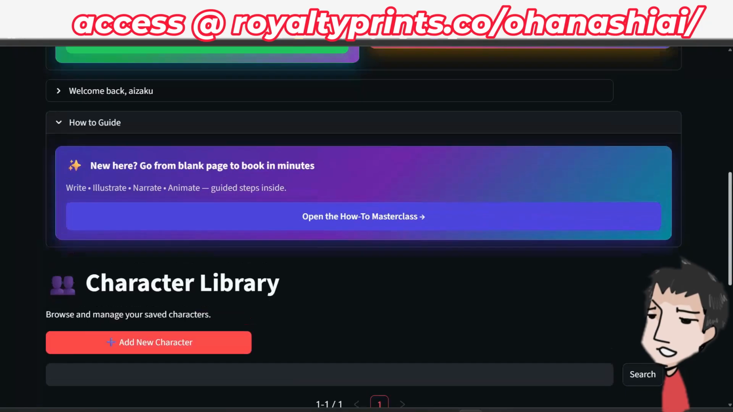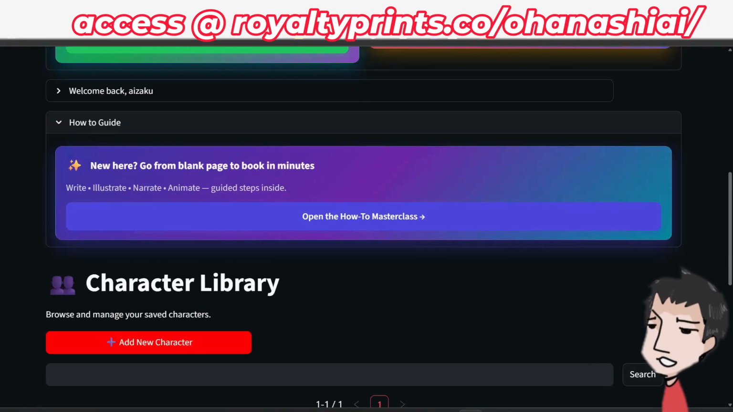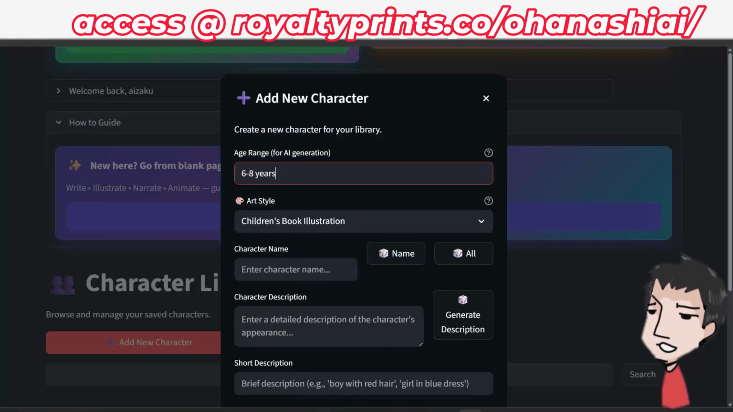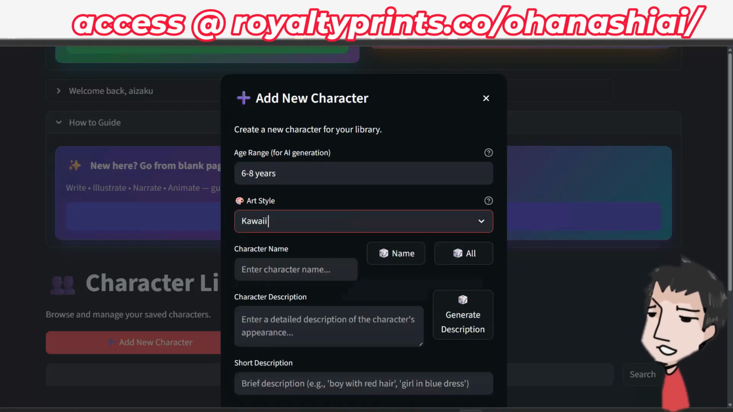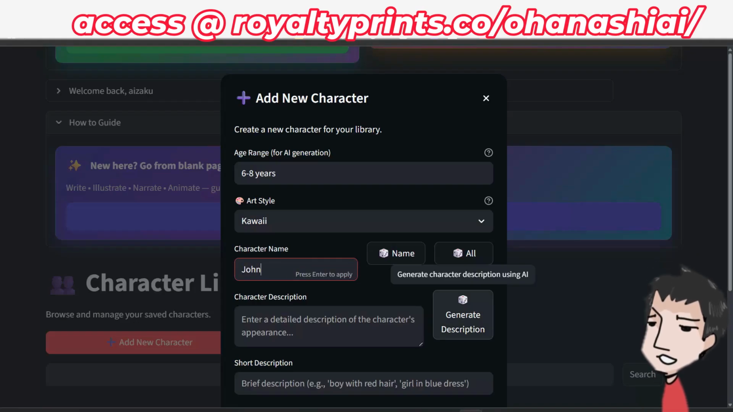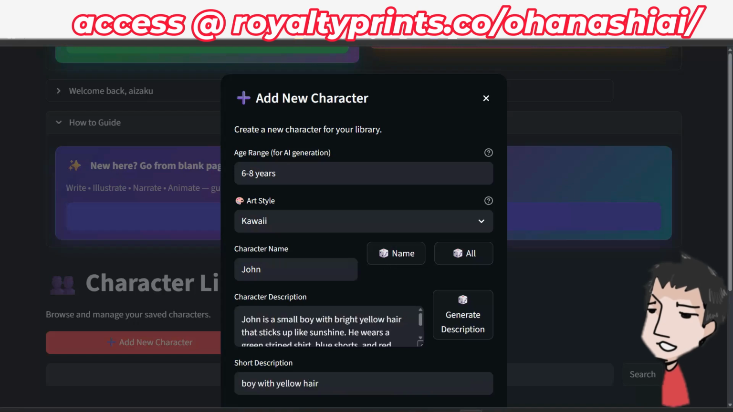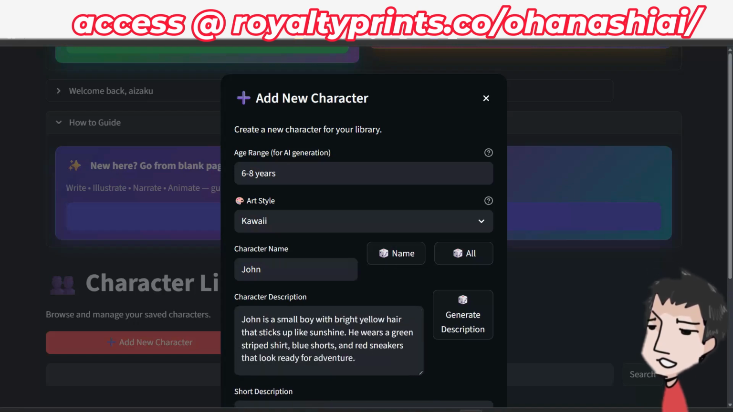Here we are, it's very simple. You just click add a new character, you put in the age range, default is 6 to 8. Art style, you can go with children's book, you can go with watercoloring, digital painting. I like kawaii, you know me. Character name, let's say John. We can generate description, and it's going to create the prompt for that character,